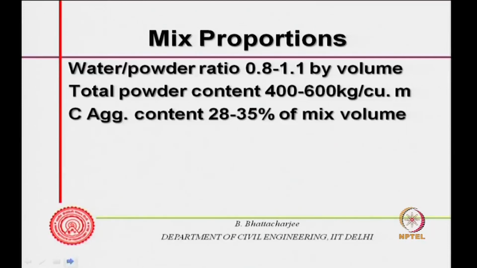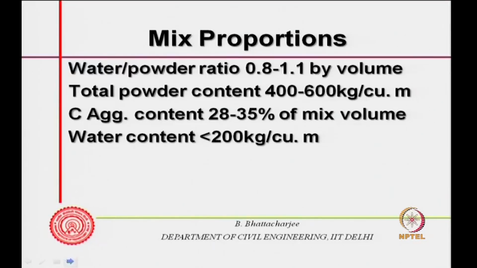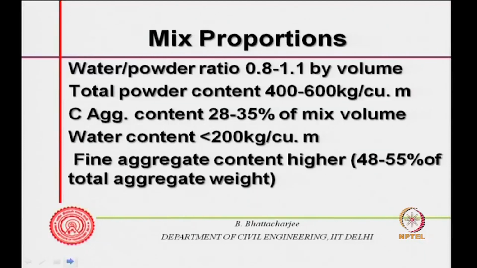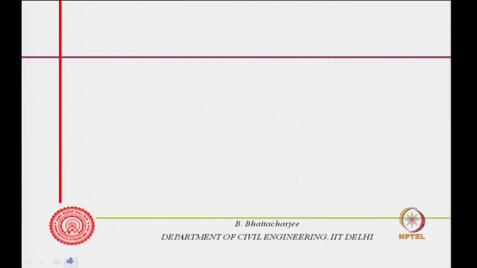Remember, powder means cement plus even fly ash or any other inert material. So, all that constitutes powder. Coarse aggregate content is 28 to 35% of the mixed volume, and water content is less than 200 kg per cubic meter. Fine aggregate content is generally higher in this one, 48 to 55% of total aggregate,